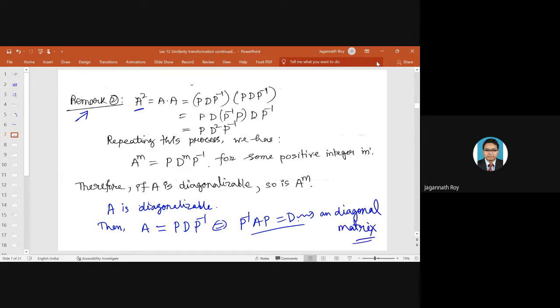Now I mentioned somewhere that we are interested in diagonalizable matrices because they have some special properties. For example, A to the power m, if A is diagonalizable,